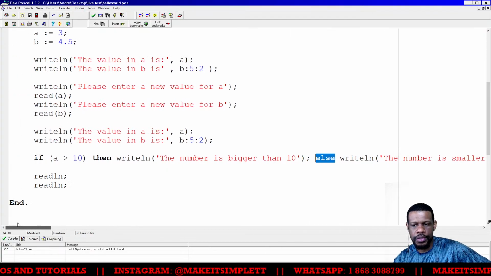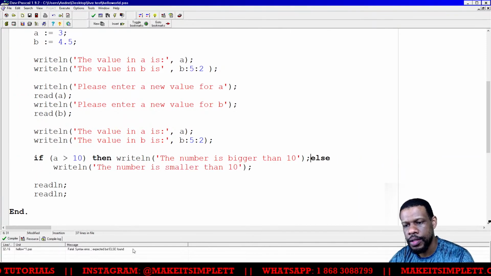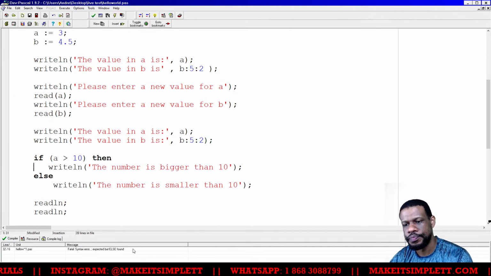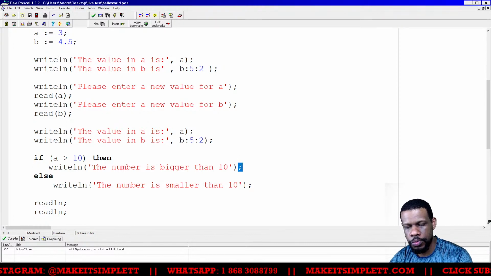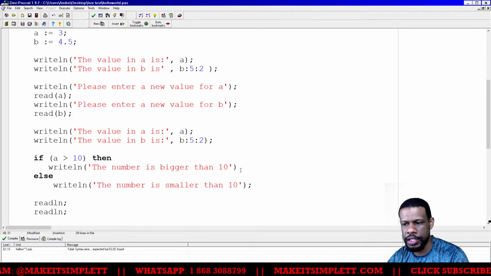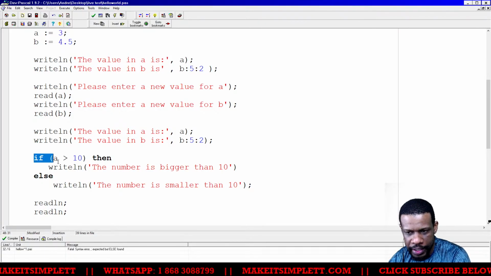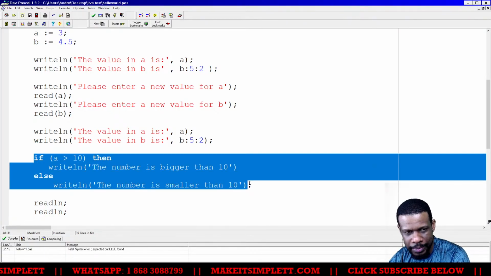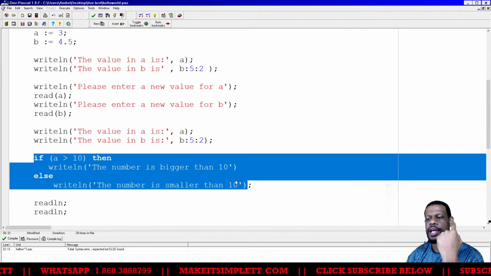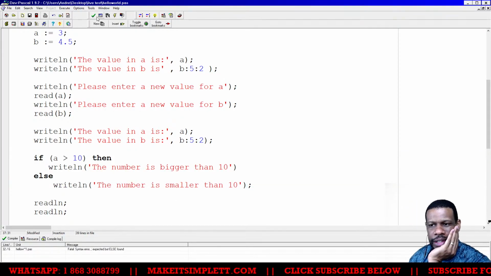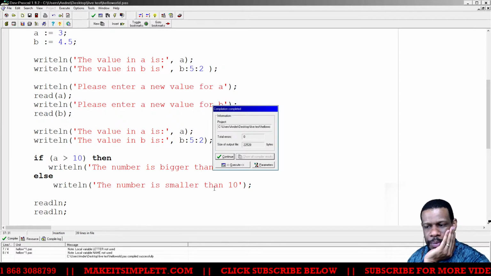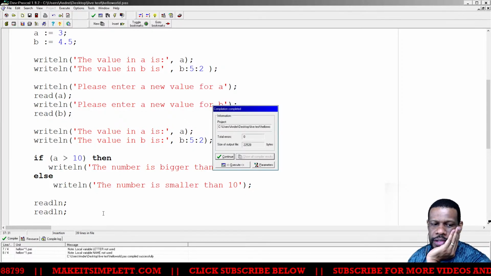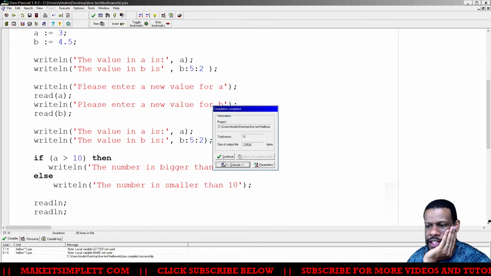So what you have to do is make sure you don't end the if with this first semicolon here. So you take out a semicolon. Now this whole block from the start all the way down to this semicolon will be seen as one line. And when it sees it as one line, then it will compile, because now it knows if it's greater than 10, print that, else print that, and then the semicolon will stop it. Right? So now execute it.